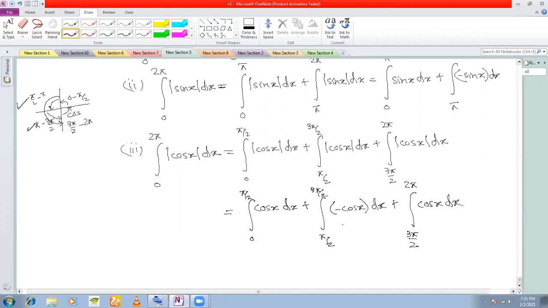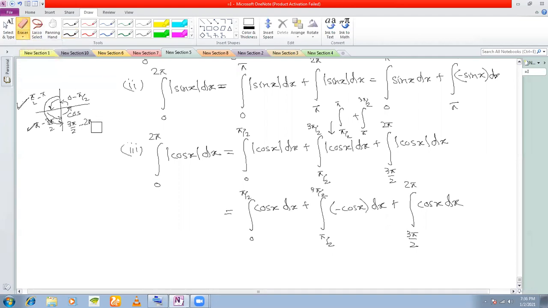Similarly, you can proceed with tan also. Each quadrant, you break up each quadrant. I have done three. In fact, the single integral that I have taken from pi by 2 to 3 pi by 2, this also you can break. You can take one integral from pi by 2 to pi, and then you can take another from pi to 3 pi by 2. Understood? Each quadrant you can take separately. Clear?